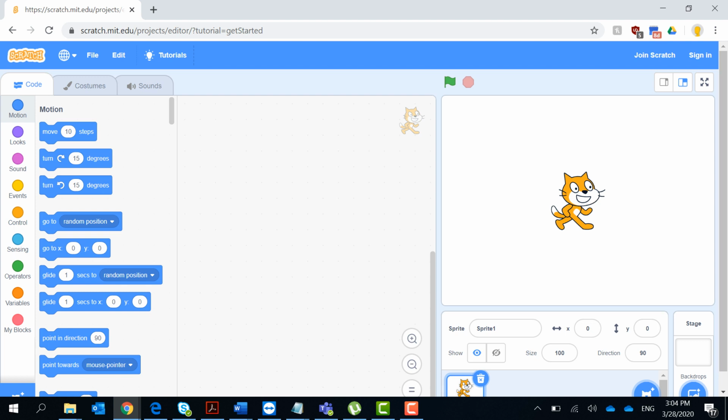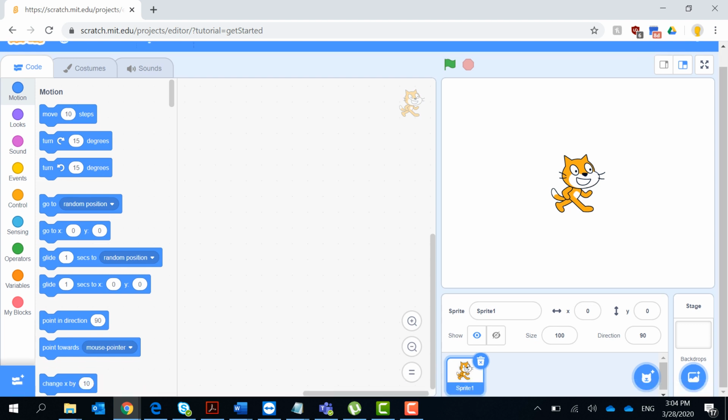It's an example, of course, but in this example, you will find the blocks that can help you to create the game. My game will be about a couple of fish in the sea, underwater, where they will be asking each other math questions. So to start with, I will delete my cat sprite because I don't need it, and